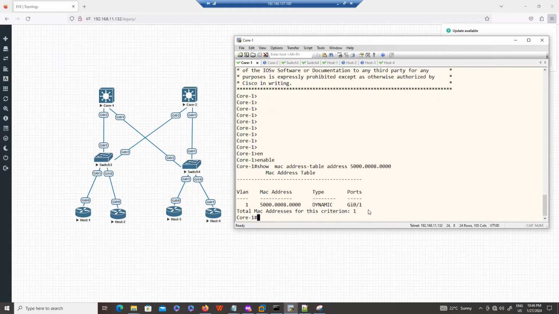And you can see that the leaving interface is gigabit 0/1, which is going to this switch. This is the leaving interface which is going to this, and then the traffic will basically reach my end machine.